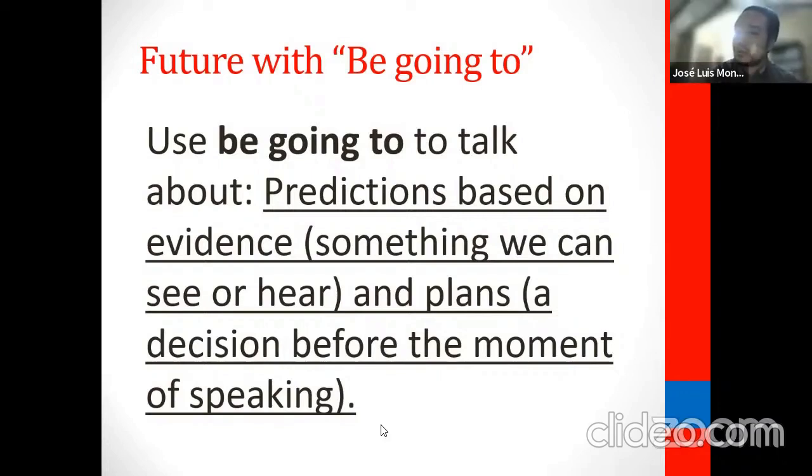Let's try one more, something that you already planned, that you know that you're going to do in the following week or in 2 weeks, in 1 month, but you are sure of that. Perhaps it can change, but you have that arranged. You have the plan and even you have the date in which it's going to happen. So what do you say? I'm going to